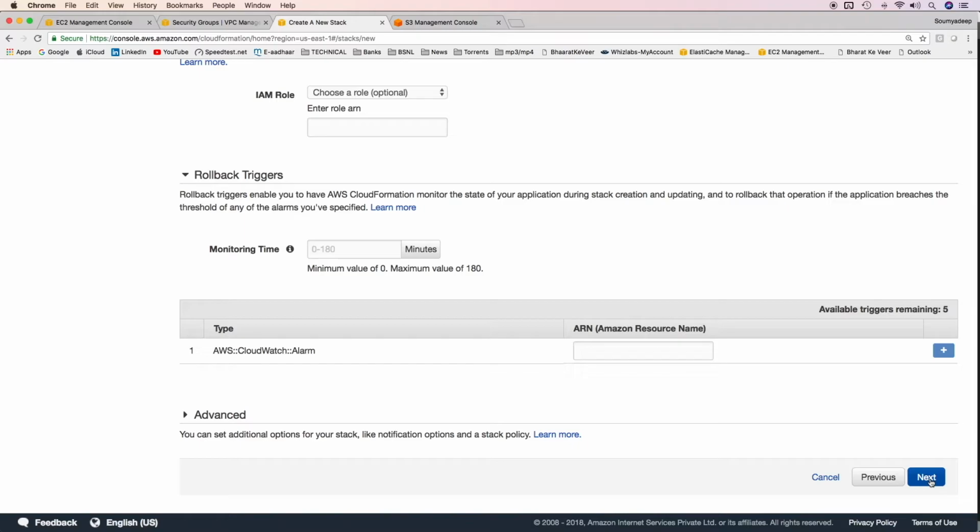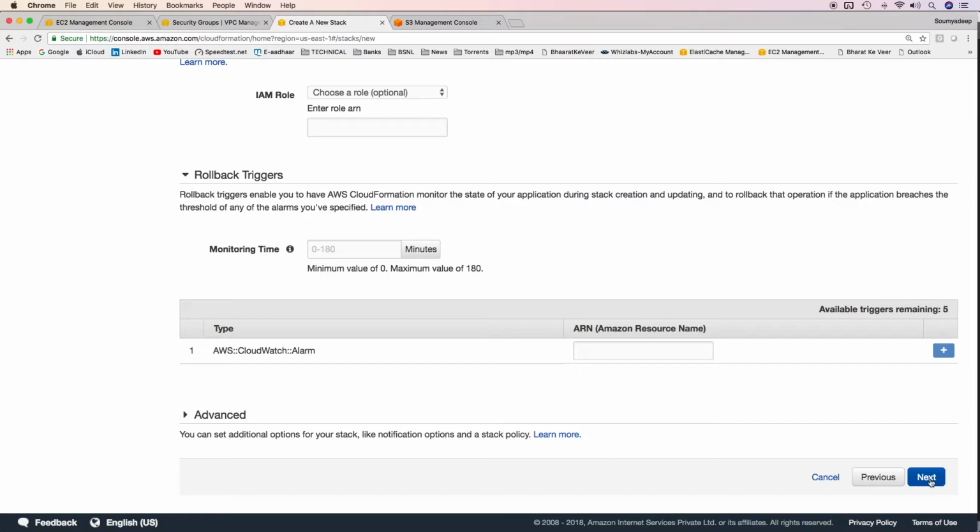Now what happens in CloudFormation is that, suppose there are 4 resources. Suppose CloudFormation cannot create the third resource because of some syntactical error. What CloudFormation will do is it will roll back all the creations. That means, for example, I have created a VPC, I've created a subnet, and then I'm trying to launch an EC2 instance in that subnet. Say for some reason, creation of the EC2 instance was not successful. So if that fails, the entire stack creation would be rolled back. That means the subnet which was created, the VPC which was created would also be deleted.